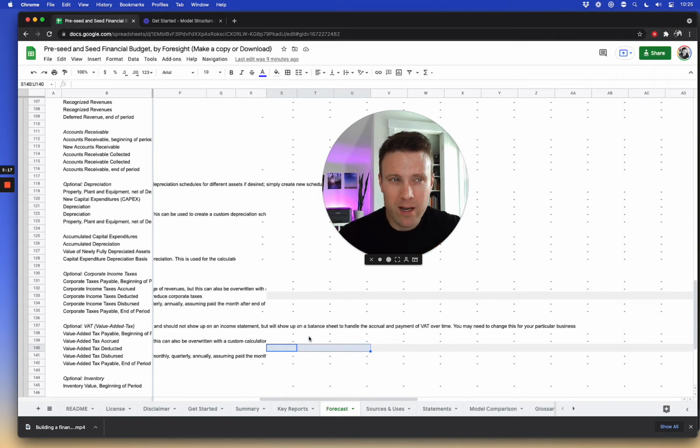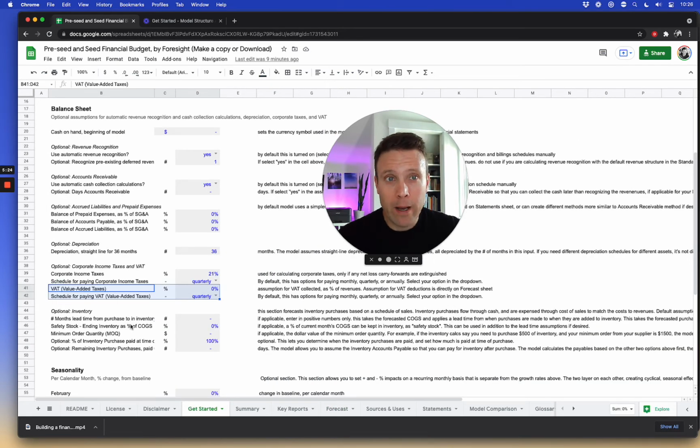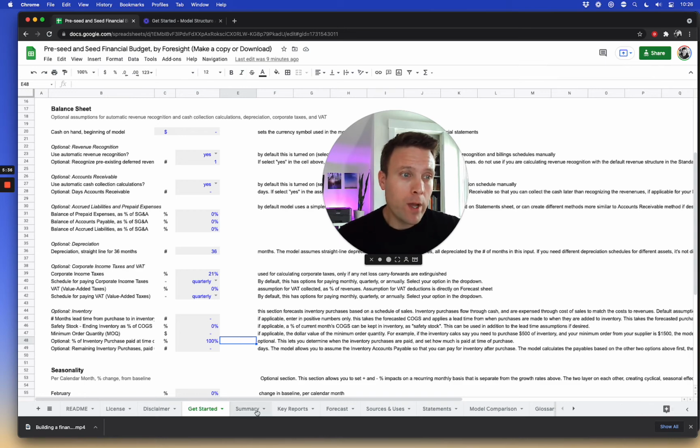So that's why there is a manual input line here to create your own schedule for when that comes through. The last section for the balance sheet is around inventory. Now again, it's only applicable for businesses that have inventories or physical goods. What this does is it doesn't calculate the units inventory, but the dollars or the currency inventory. And the way it works is there's a